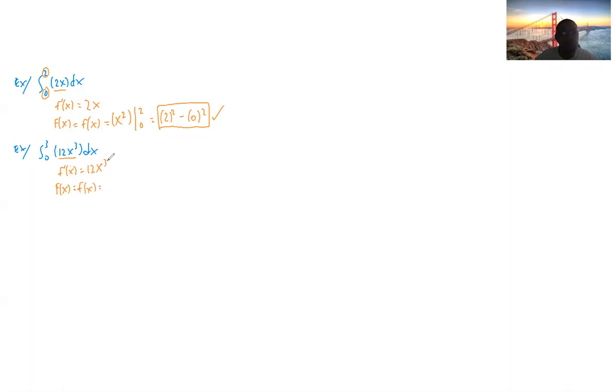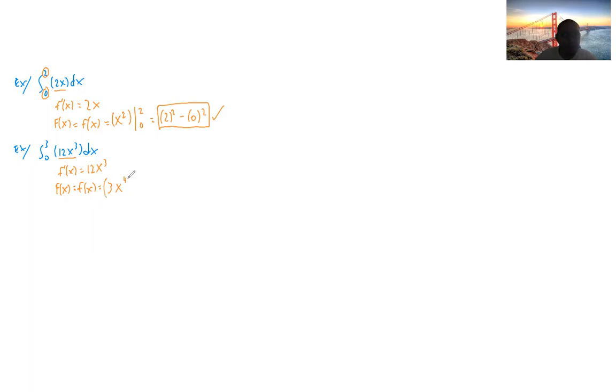Okay, and we said again, we're going to add 1 to the exponent. So x to the 3 plus 1 is 4. Divide the current coefficient, 12, by your new exponent. 12 divided by 4 is 3. That's your new coefficient. Now, instead of adding on a plus C for an indefinite integral,